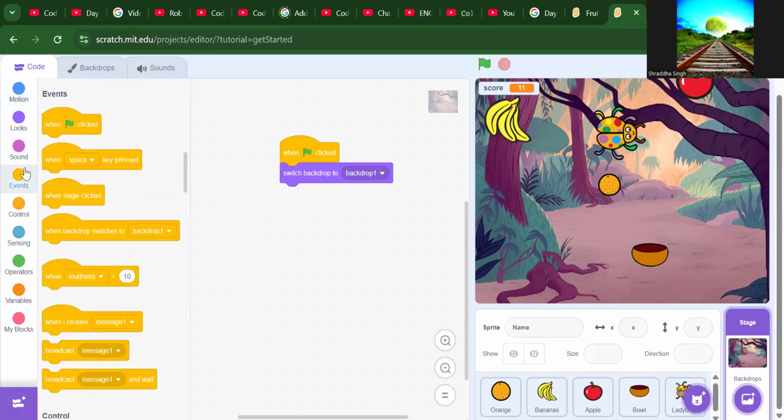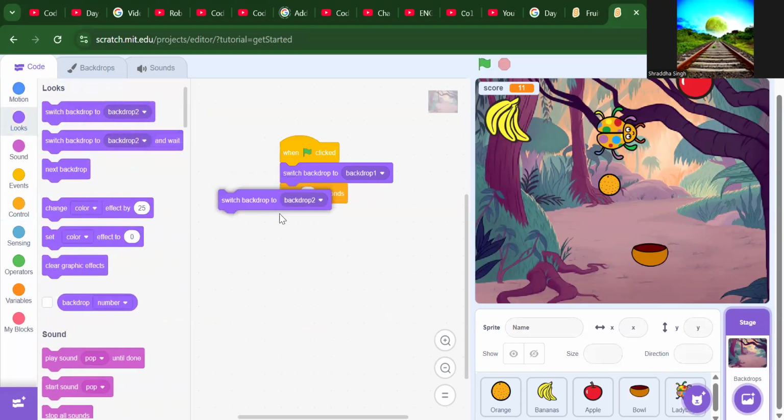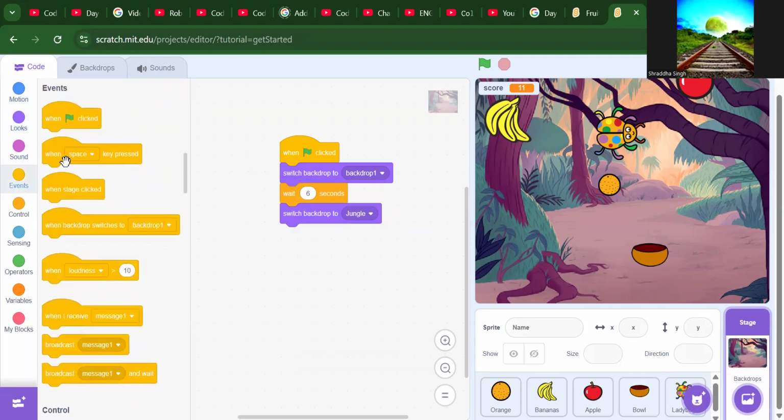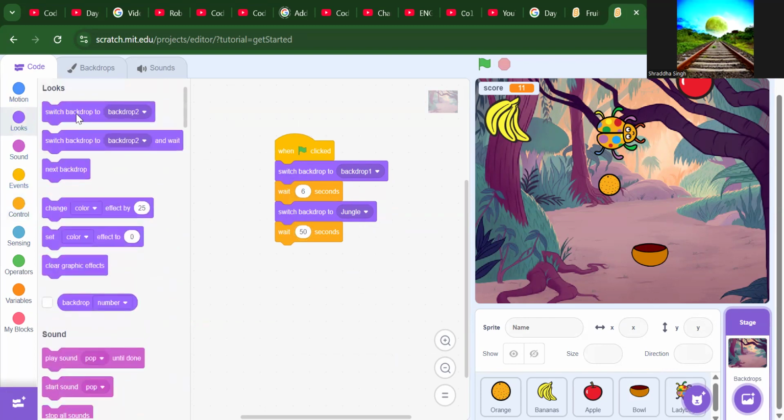After waiting 6 seconds, because we have to wait for the 6 seconds of the introduction, you need to switch your backdrop to the jungle one. Okay, so we need to switch the backdrop to the jungle. After that, because we have to play this game for just 50 seconds, after waiting 50 seconds you have to switch your backdrop to the next one, which is game over. Okay, so we will just switch the